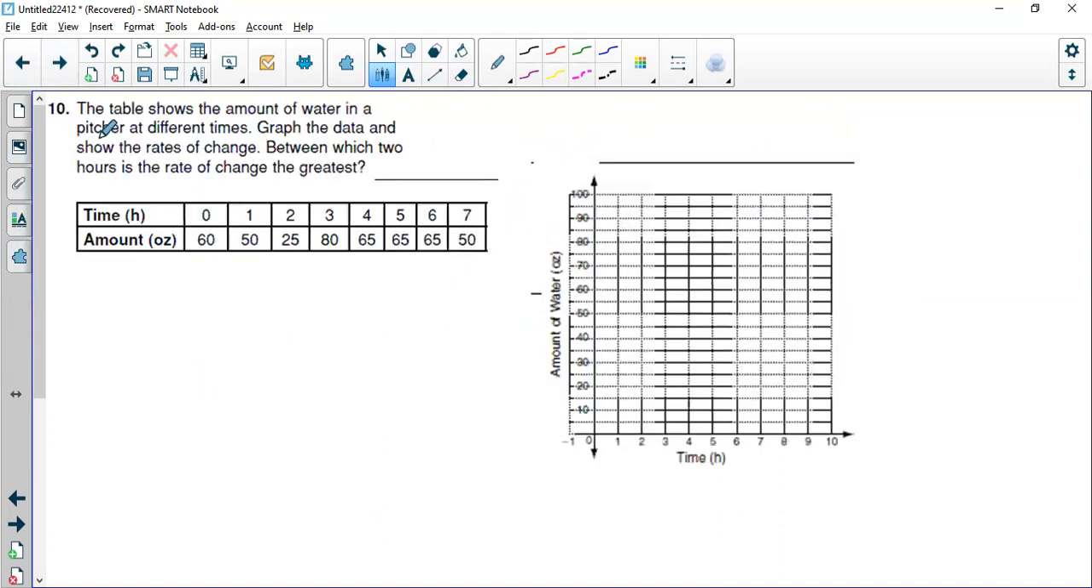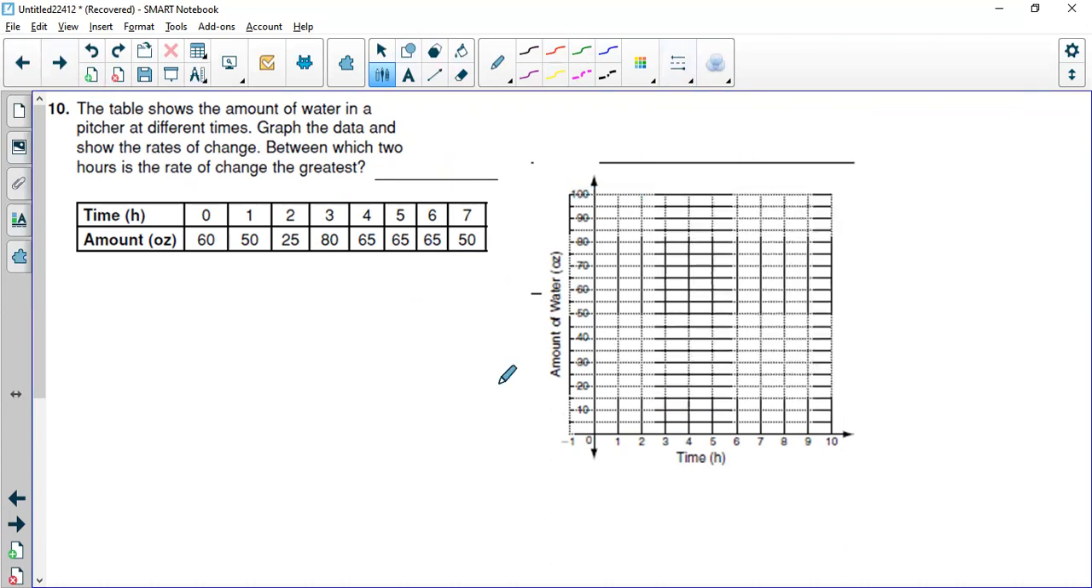Alright, now the next one here. The table shows the amount of water in a pitcher at different times. Graph the data and show the rate of change. Between which 2 hours is the rate of change the greatest? First, let's graph it. So already the coordinate plane is given to you. You simply have to graph the